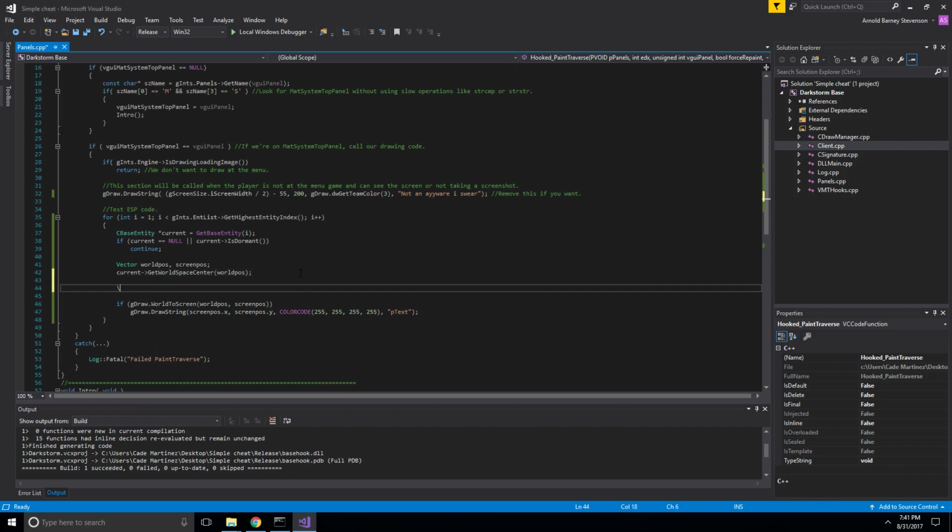We're going to use another little function. Okay, we're going to do a string name equals current dot get client class. This includes some useful information such as the name of the entity. This will give you the type of entity that we're currently looking at. So we can make an if statement out of this and check to see if they are a player or not. So we're just going to go ahead and put a name in here, but wait a second, no,